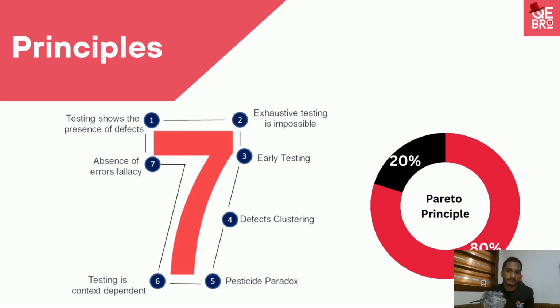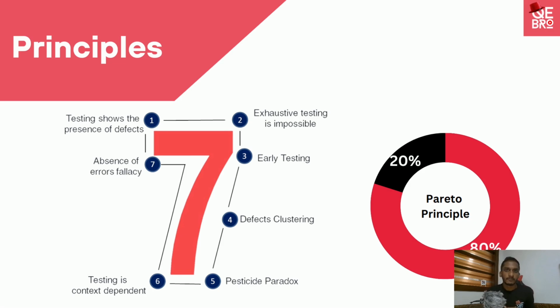After some time, when you get the next release, you run the same 20 test cases. Then you will identify 1 or 2 bugs. Again, those are also fixed. Likewise, in another cycle, you are following the same 20 test cases. Now you will not identify any bugs. It's the pesticide paradox. So you need to update your test cases as well. As time goes on, you need to update your test cases. There's no point in running the same test cases over and over.